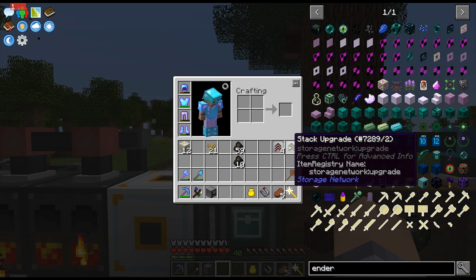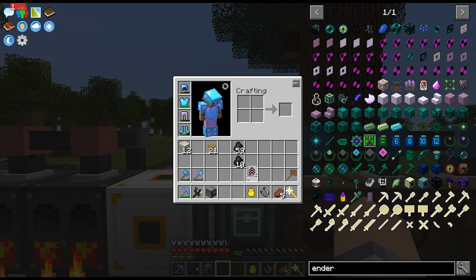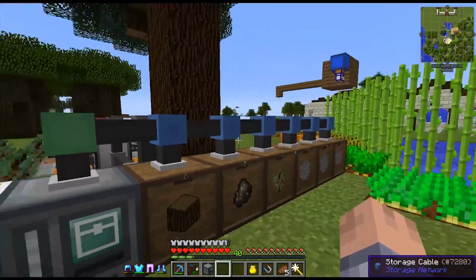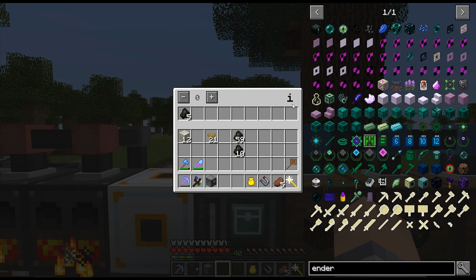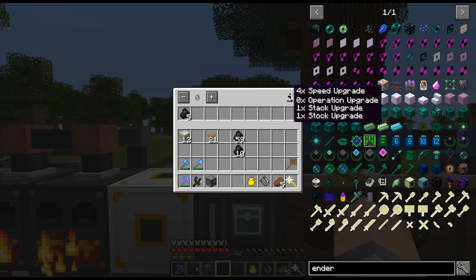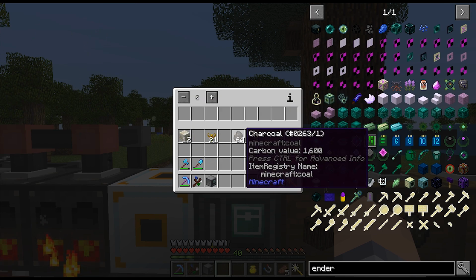Here's another upgrade, and that is the stack upgrade. I'm going to put one of those on here, and 4 speed upgrades. Because I want to make sure that I get this as fast as possible, because it's going to probably fuel more things, like generators and stuff. And when you hover over here, by the way, you can see what upgrades you have. Speed upgrade, stack upgrade, and stock upgrade. I don't know of a way. I'm clicking right, left, and middle mouse button, so I don't think you can get these out until you break it. Here, middle mouse button gets rid of this, and now I'm going to set up...